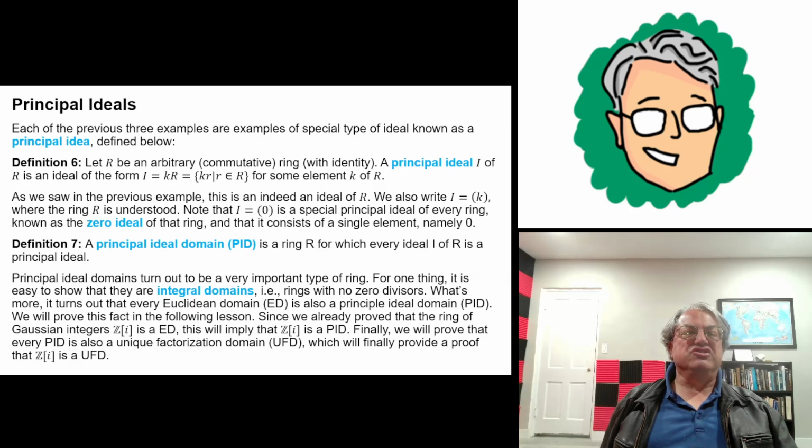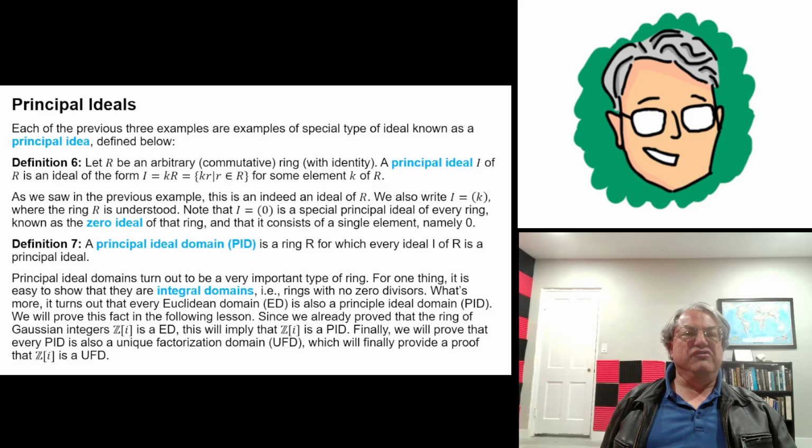And it turns out that the Gaussian integers is also a unique factorization domain. I was going to try to prove that a different way. I thought there was going to be a nice simple proof of that using the fact that the ordinary integers is a UFD, but it turns out I don't know if there is. I don't think there is a simple proof. That's why I kind of got stuck.